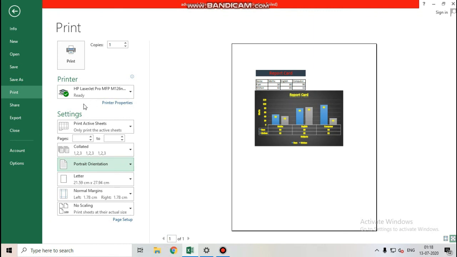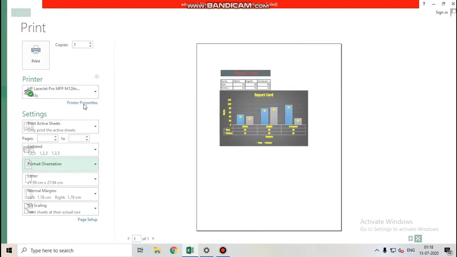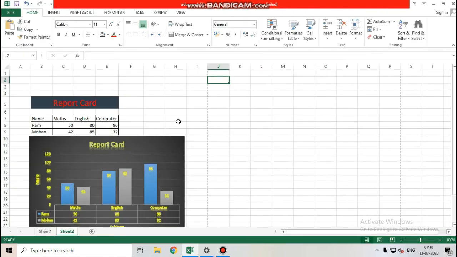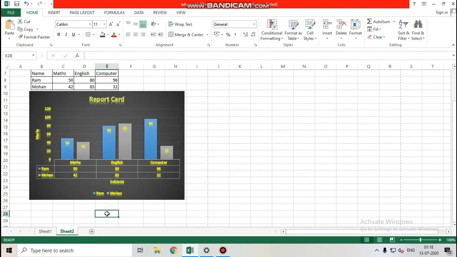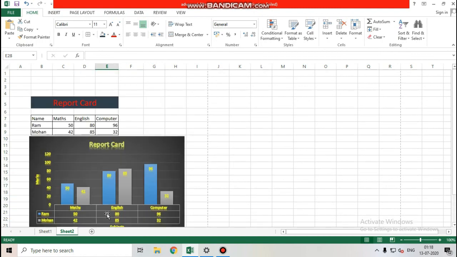When you are using the printing option, be careful, because before printing your worksheet or your chart, you have to set up the page. It means you will have to see how much is visible, what the preview of your chart is before printing. Always check, then do. So now here are some shortcut keys. Control plus P is the shortcut key for printing, and Control plus S is the shortcut key for saving your file.